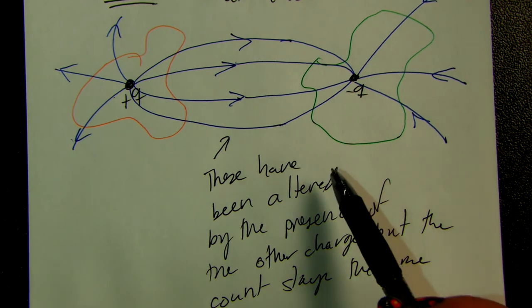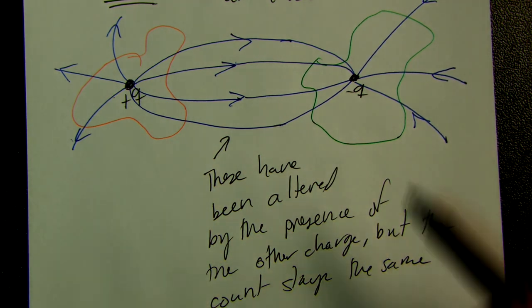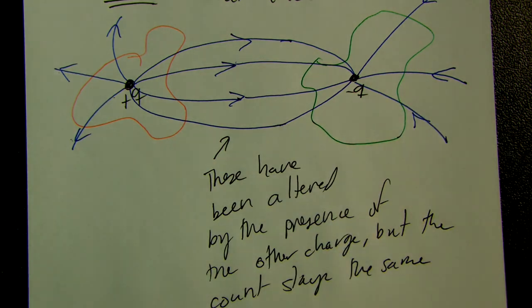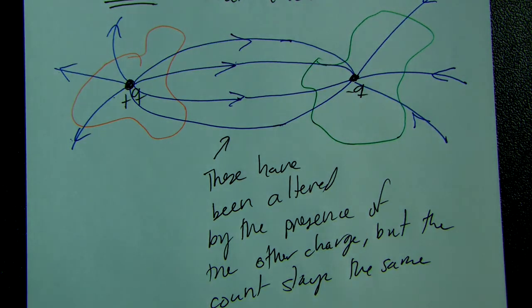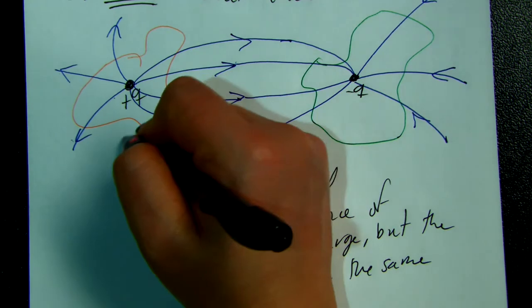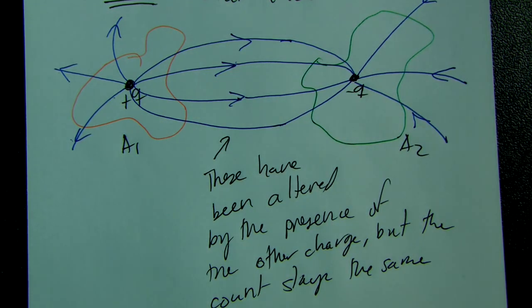So in both of these cases, positive Q and negative Q, the magnitudes are the same. We can see 6 field lines coming out of each. That's still true. It's just that these have moved towards the other charge. So this is area 1, area 2. All right, so